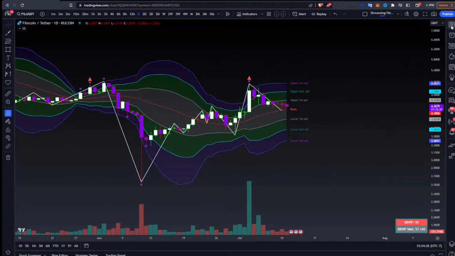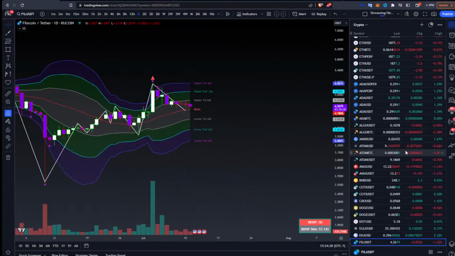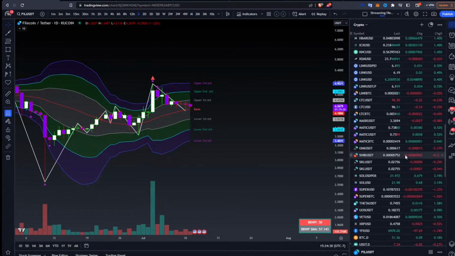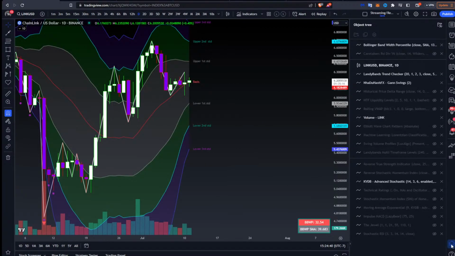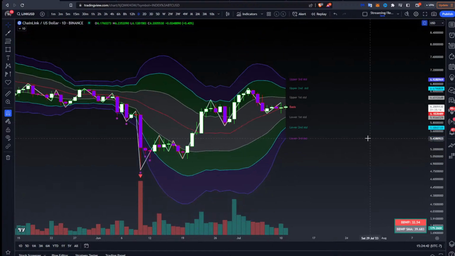Which exchange do you want me to look at Stinky Linky on? I have, I think this is Femex, Bitstamp, Binance. We can look at Binance. Let's just go to Binance. And Link is,